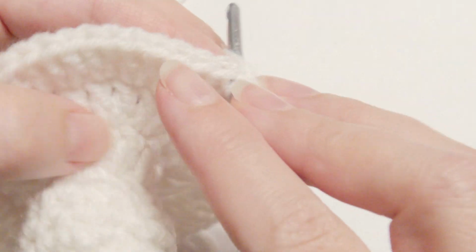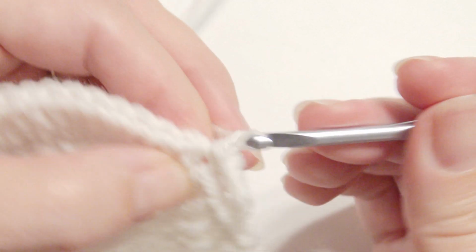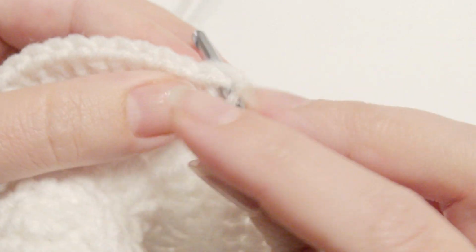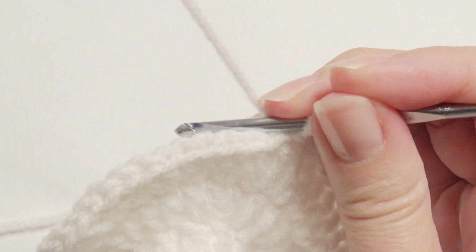and slip stitch and chain 3, and repeat that for a total of 8 times. Slip stitch and then chain 3,